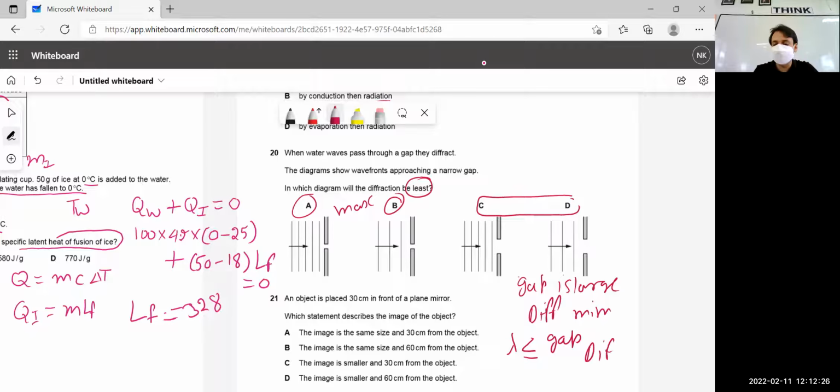That is a condition to note down, diffraction maximum. But apart from that, the gap is there, the width is there, but if the wavelength,